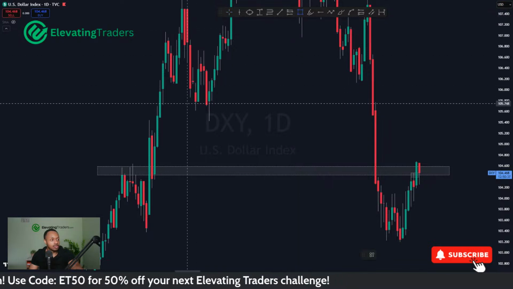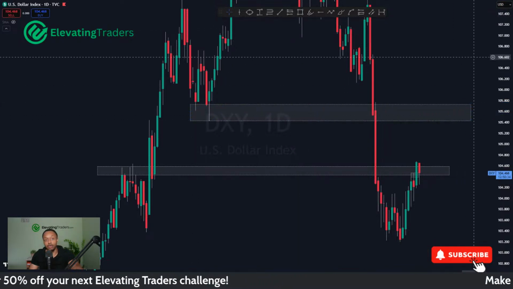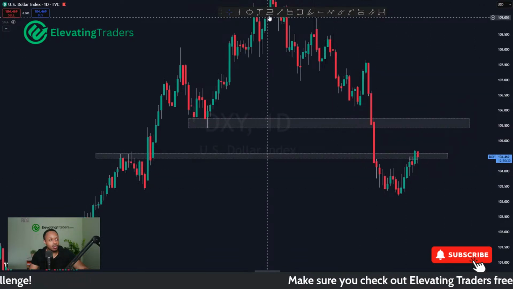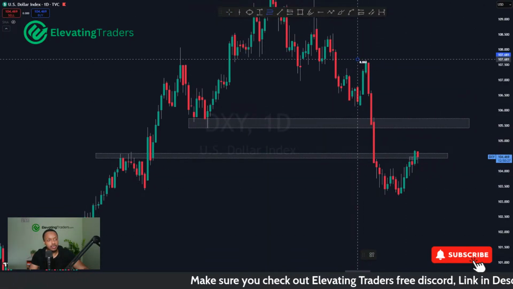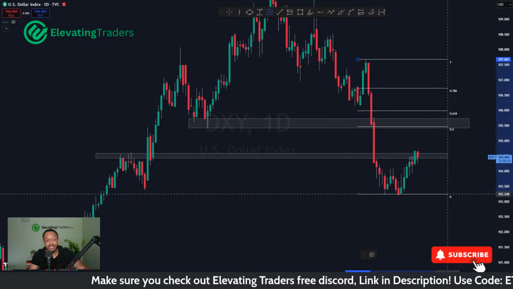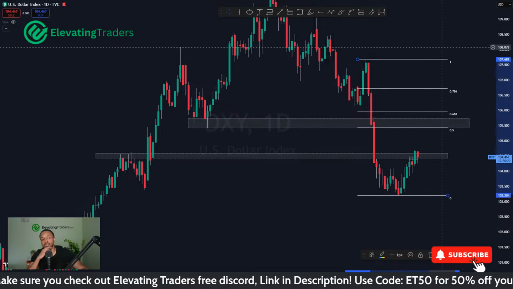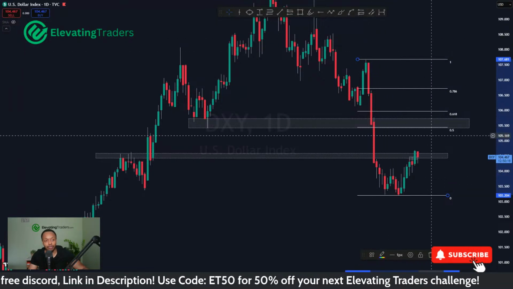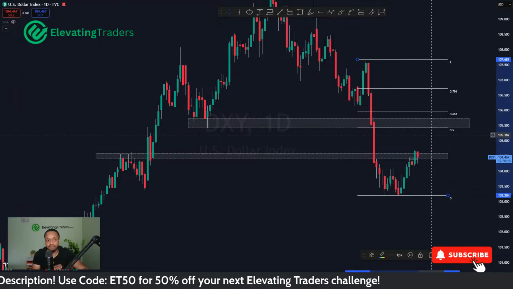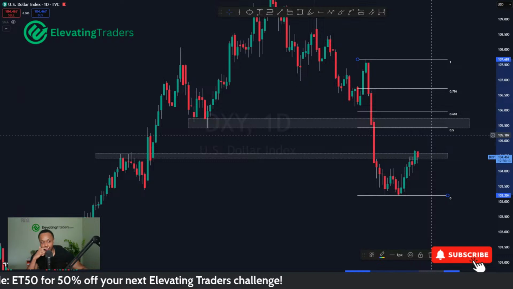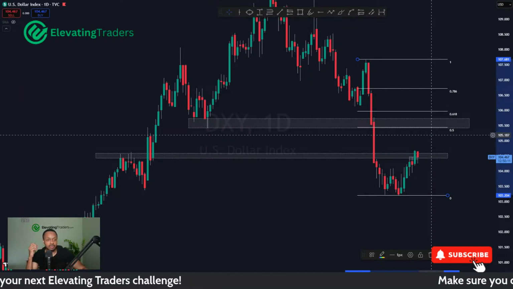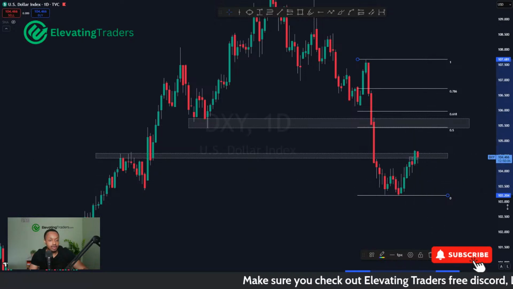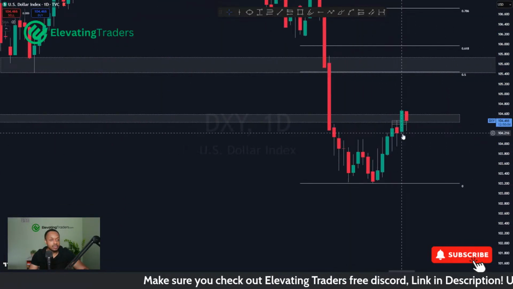As I've said, I've also looked at this level here, 105.5 roughly. That is an area which dollar could be slowly drifting towards before potentially seeing a move to the downside as well. Got some nice fib confluence in that area as well. So I am still pretty bearish on the dollar, looking for a continuation of that bearish move. But for now, I'm kind of in counter trend mode. I'm still expecting upside here for the DXY, maybe for the next few days. And then maybe when we get to 105.5, we can start talking about some sells. But I do think there is some more juice to squeeze to the upside here.